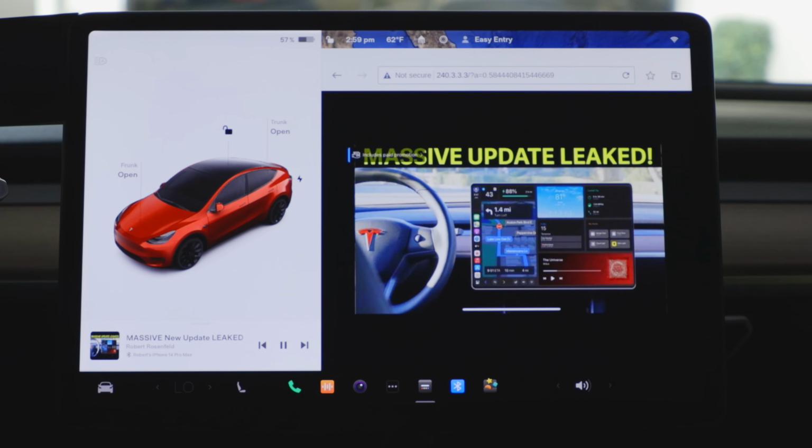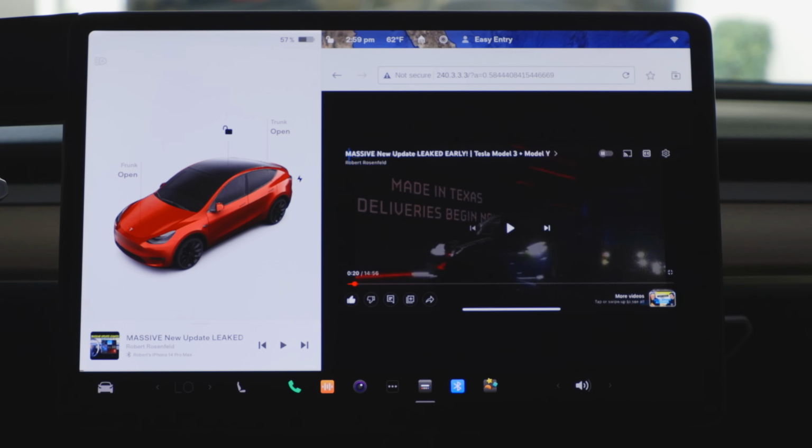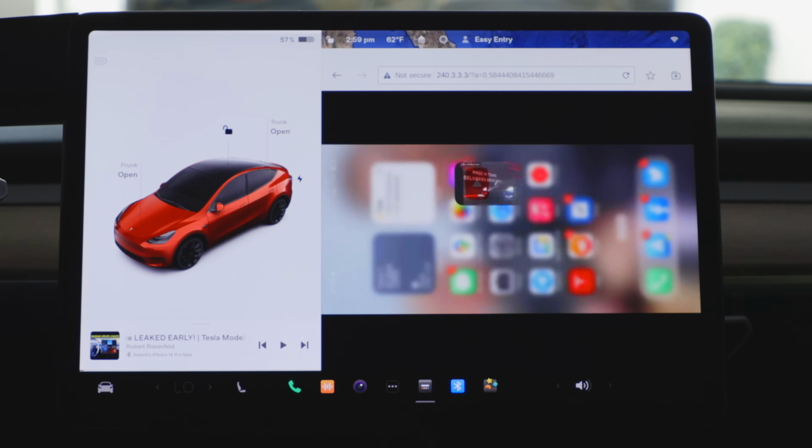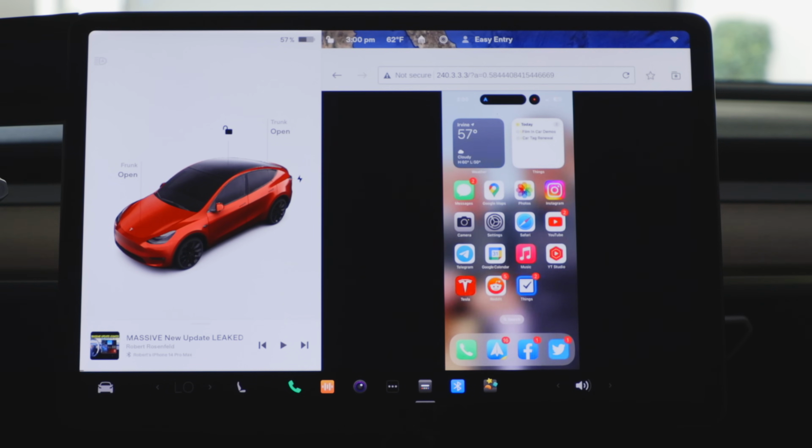Again, I'm not recommending you do this. I'm going to turn that off. I don't condone it, but yes, because this is mirroring your screen, anything you do on your phone screen will work on here. A couple of cons, a couple of downsides though to this method is that the first is that